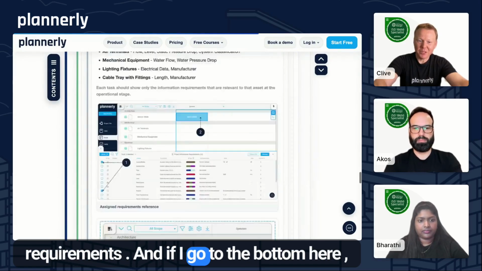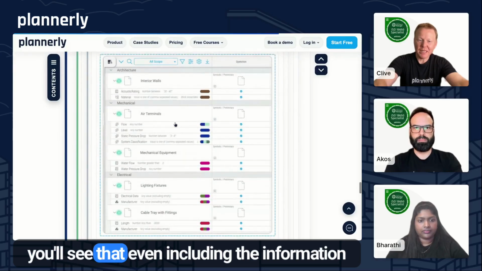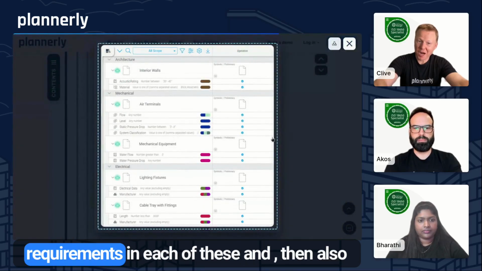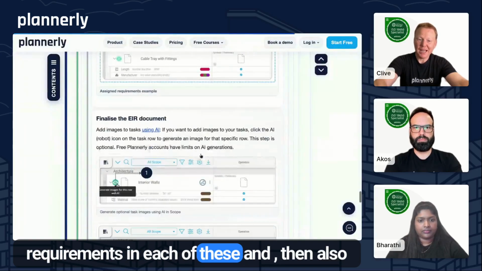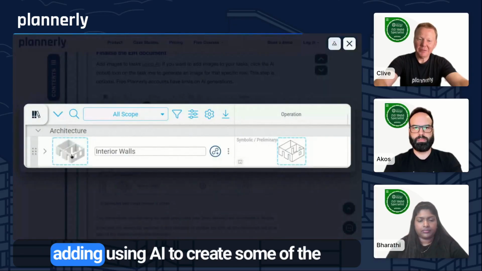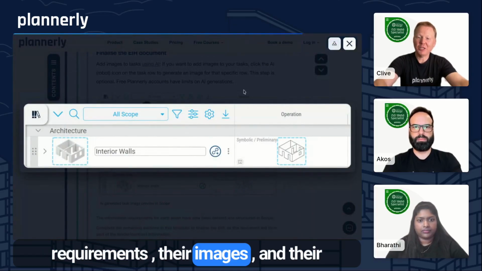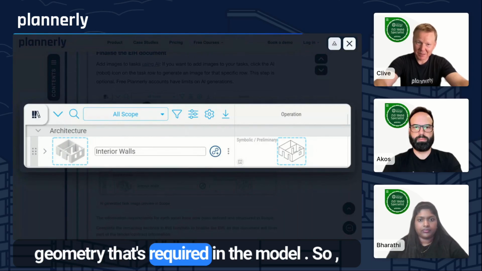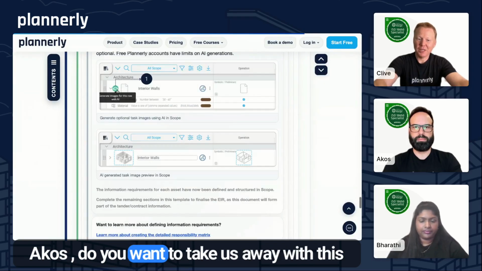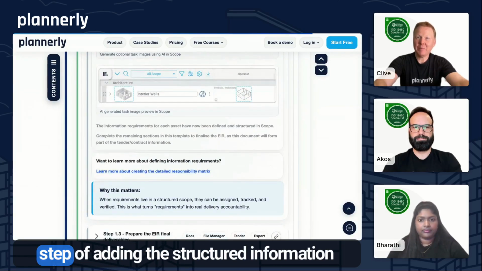And if I go to the bottom here, you'll see that even including the information requirements in each of these, and then also adding using AI to create some of the requirements, their images and their geometry that's required in the model. So Akash, do you want to take us away with this step of adding the structured information requirements